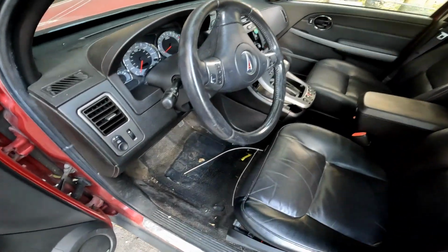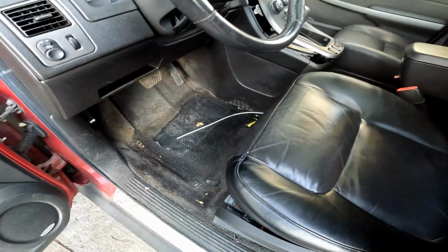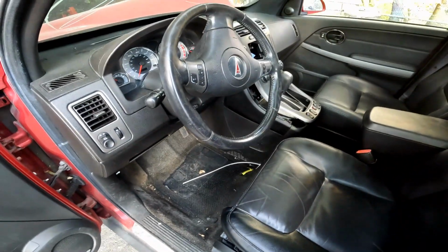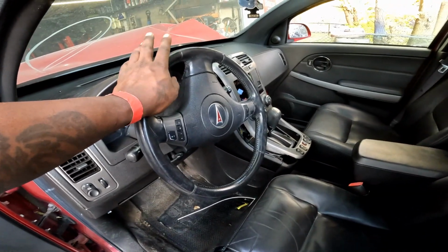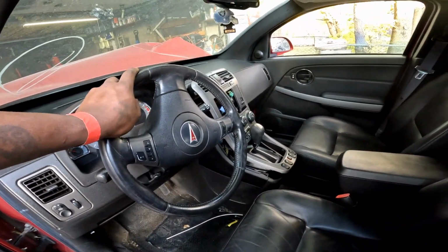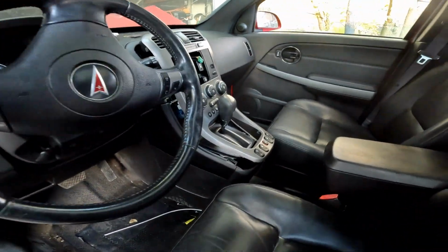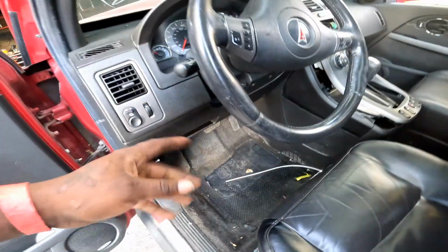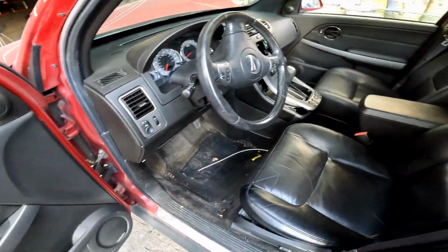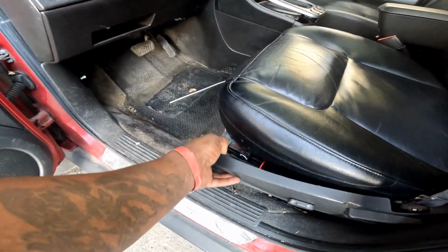Can't have my cars full of water and mold, so I got to figure out where the water is coming from. It's coming from the driver's side. Seems like when she's running, she's got air. She has water in the HVAC system. I don't know if the water comes from the sunroof, but she's got water. Got a little water over there, but the water is building up on the driver's side. Got a little mold right there. Like I said, I can't have any